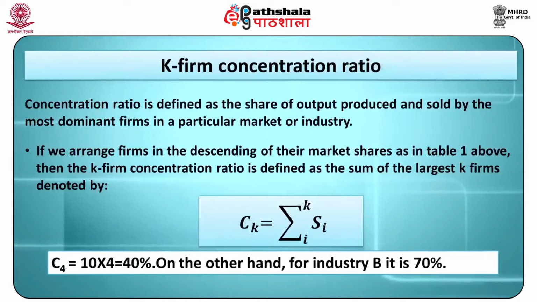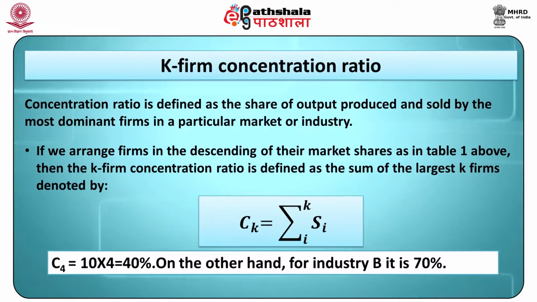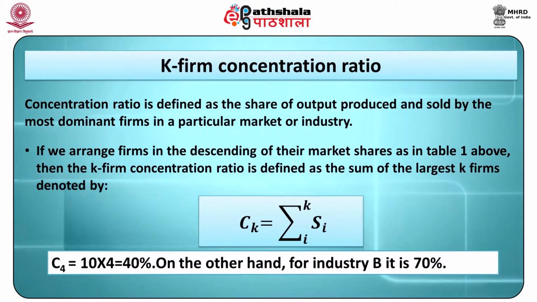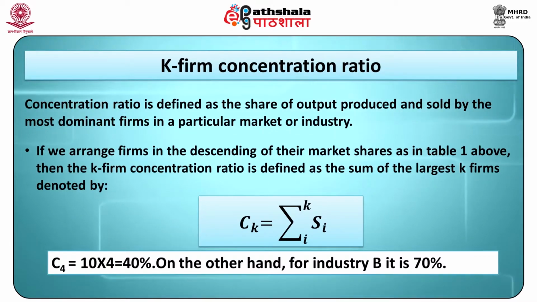Although the concentration curve is a good indicator of concentration in an industry, a more useful and more commonly used measure of concentration is the K firm concentration ratio, CK, explained below. Second, K firm concentration ratio. Concentration ratio is defined as the share of output produced and sold by the most dominant firms in a particular market or industry. If we arrange firms in the descending order of their market shares as in table 1 above, then